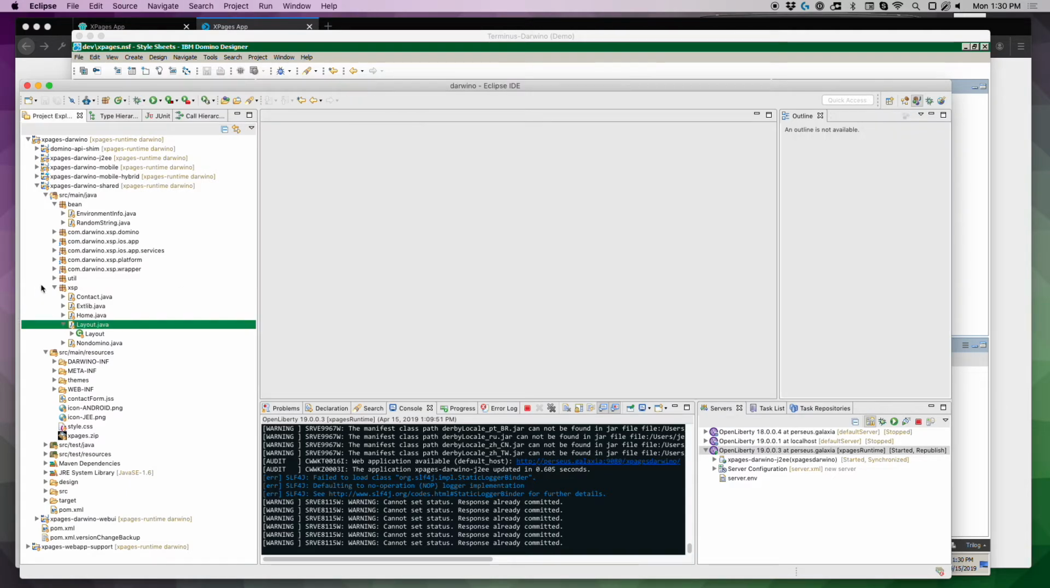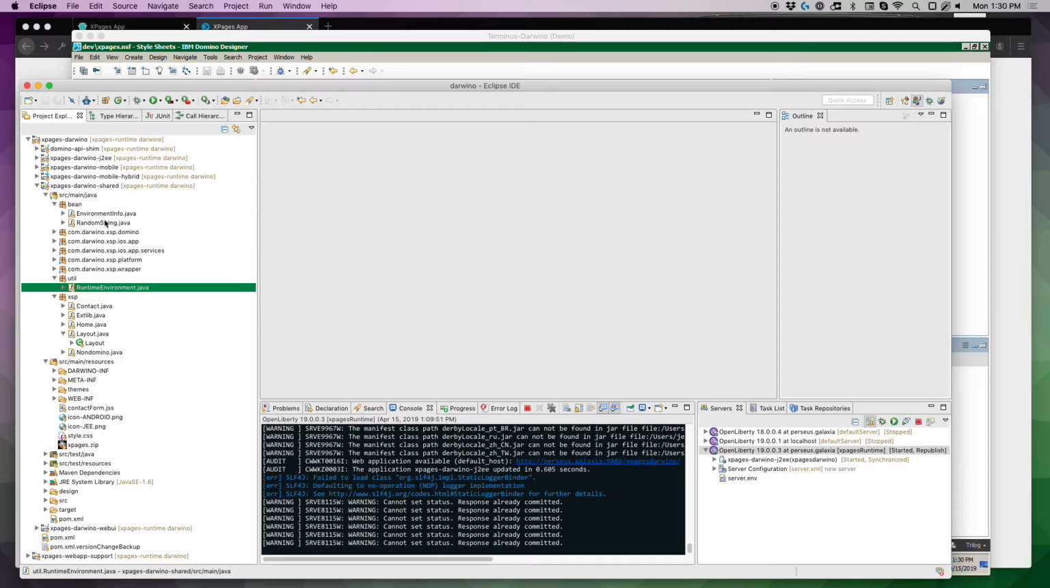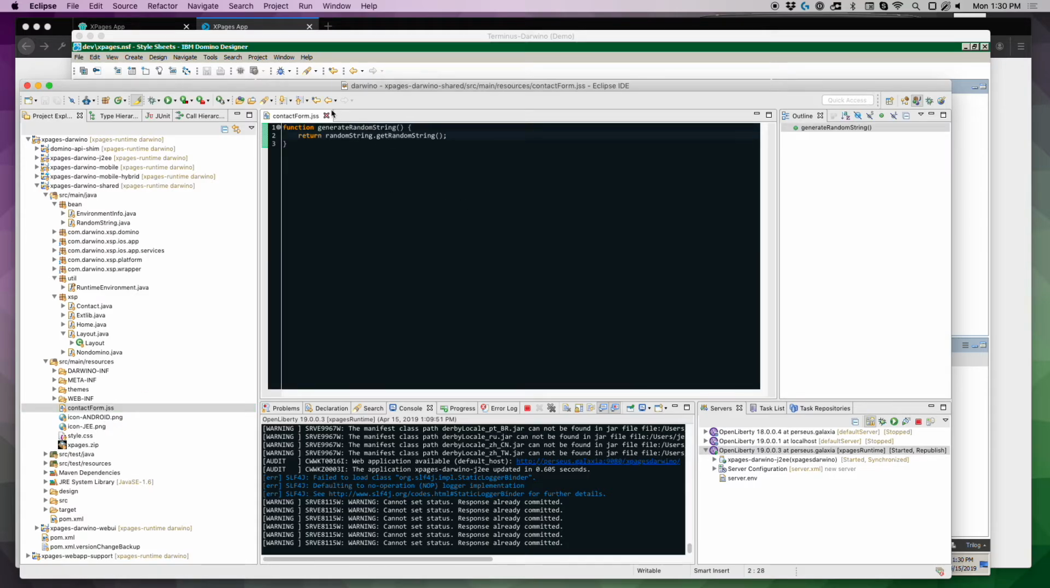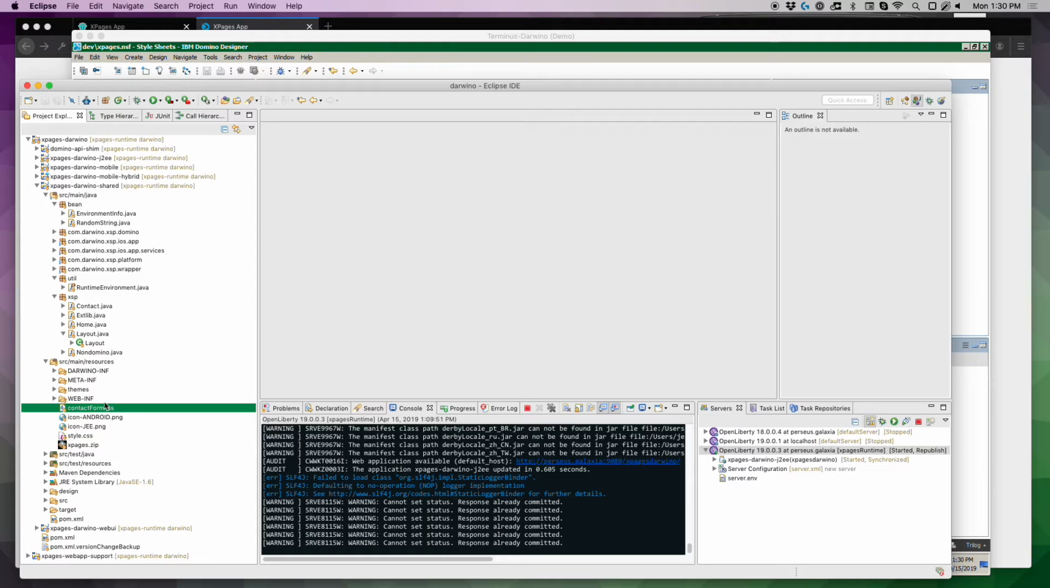And you can see I have the same runtime environment class, the environment info. These are the beans and utility classes I was using. Has the same server JavaScript code. It's not complicated, but it is server JavaScript code. And so this is showing that not only can you just load up XPages on a Java EE server, but you can also use this with Domino style data, with this kind of data access